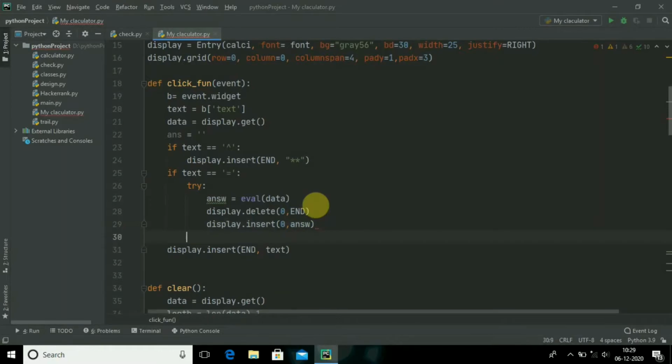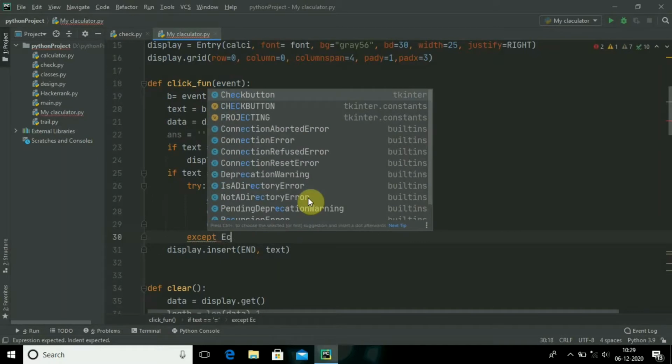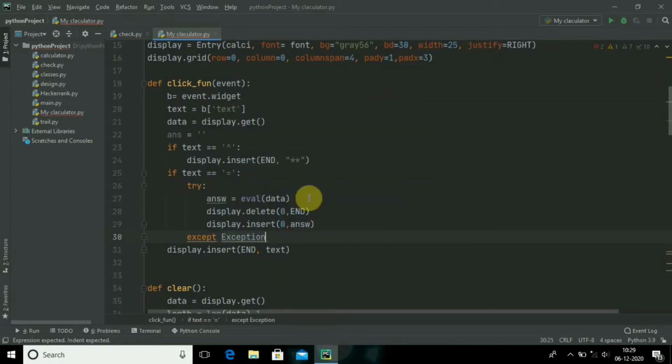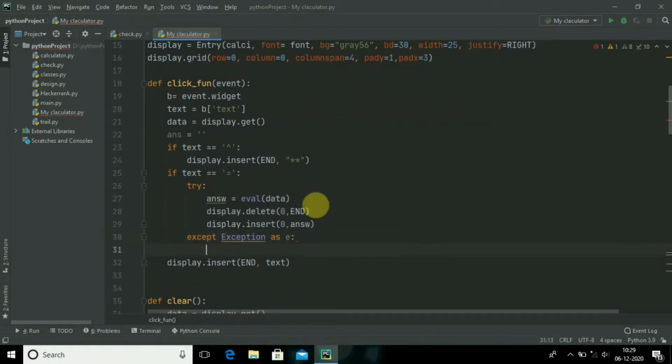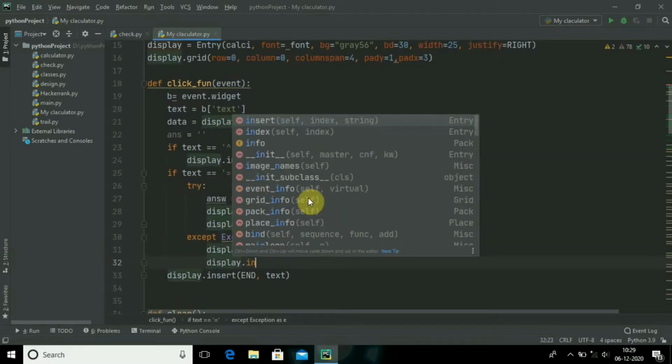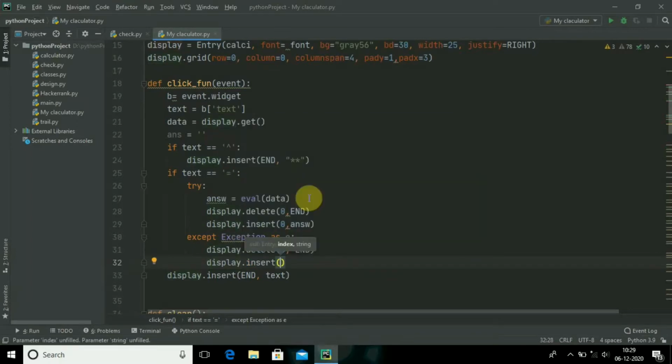Now the exception case: if there is any error, let's suppose division of 1 by 0 or any other exception, then the exception should be shown on the screen. For that, initially what is there should be deleted, so display dot delete, and next the error should be inserted.